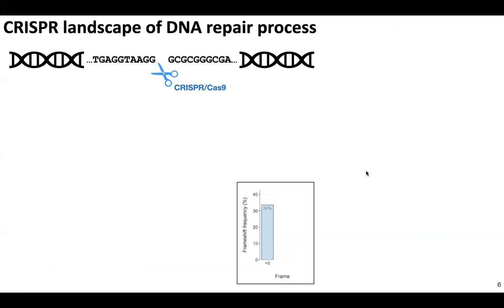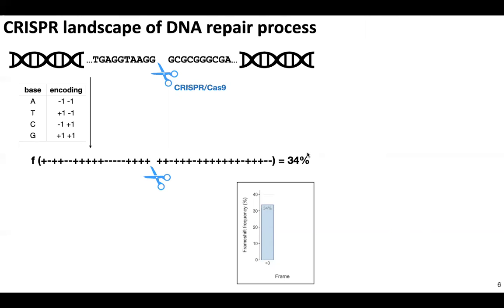So let's take the example from the previous slides where we were doing CRISPR cut experiments on a certain location on the genome. And we know that the inDelphi software has predicted the output of 0 frame shifts to be about 34%. Now, what we can do is that we can represent the DNA sequence using a string of +1 and -1 using this encoding table. Other encoding policies can also be used, but for this talk, I'll stick to this encoding policy. Now we can think about predicting the percentage of zero frame shifts as finding the function f defined over this binary string.